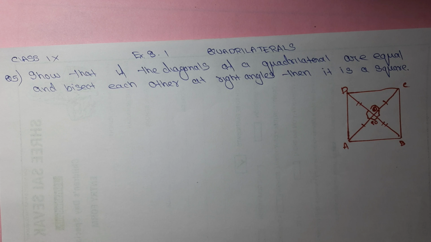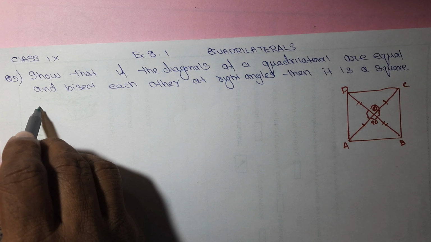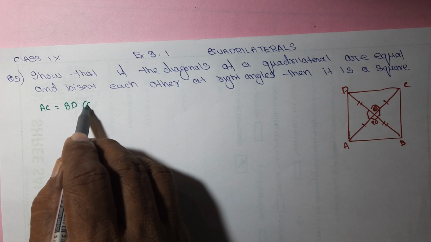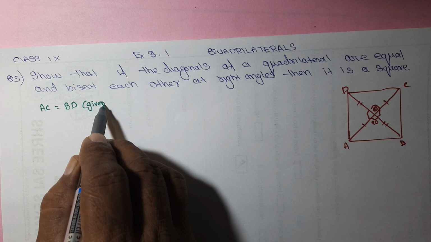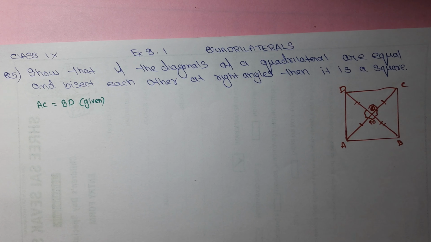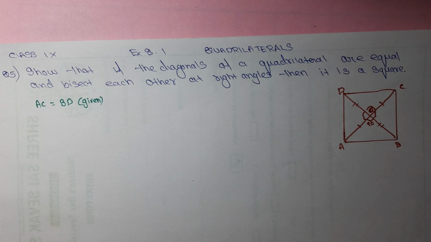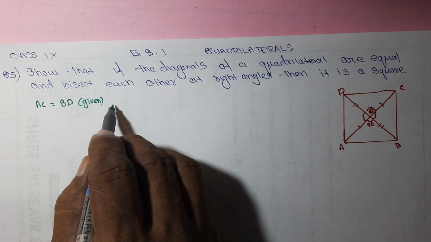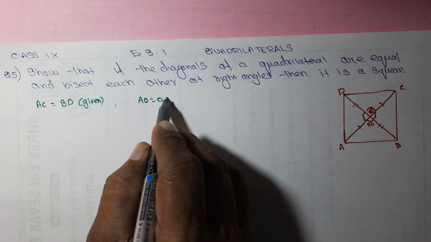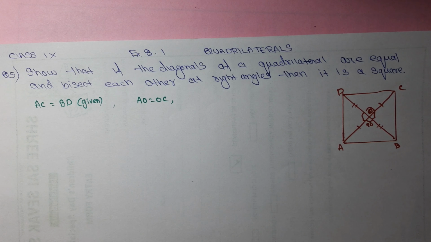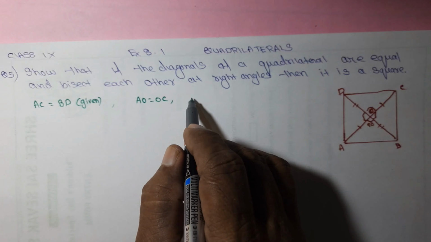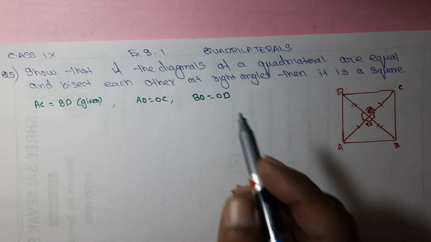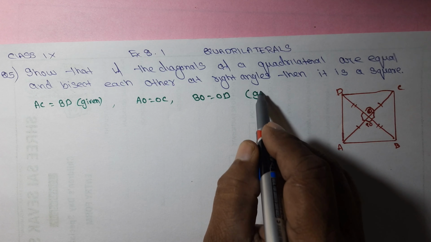First, AC is equal to BD is given. Okay, what is given, that we are collecting first. With the help of that, it will be easy for us to do the remaining part of the sum. One is given, another one what is given? AO and OC is given. Here I am writing AO is equal to OC. This is also given. Now BO and OD is given. BO is equal to OD. All are given. And also it is given. See, these all are given.